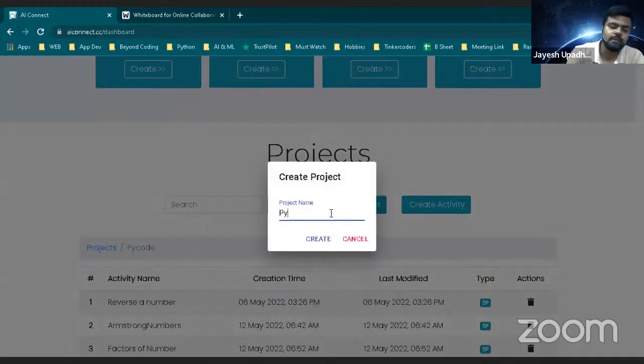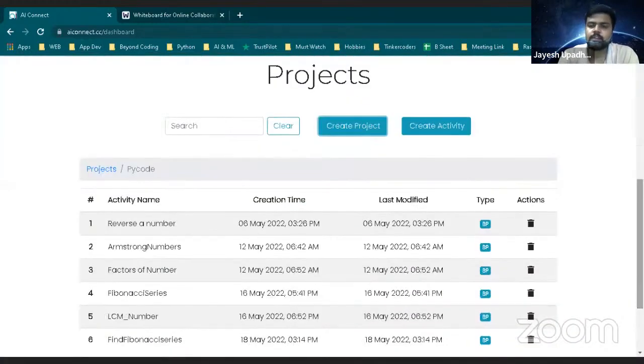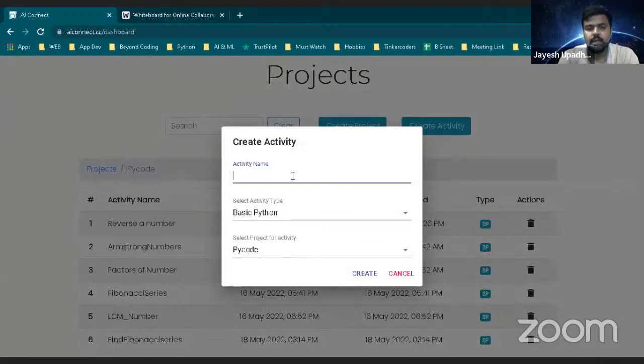The name of the project is Pycode. Okay, we have discussed this thing many times. Simple Pycode, and then you need to click on this button, that is create. In my case I have already done it, so I'm not doing it. Okay, now the second thing is you will click on this option, that is create activity, and you will write the name of the activity, that is LCM of two numbers.